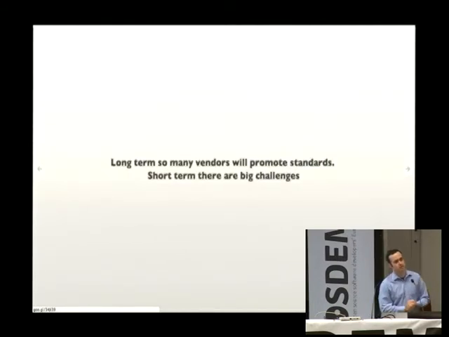I think having so many different vendors will help the standard process in the long term, because there won't be as much central control over what becomes the de facto standard. We've suffered a lot, or there's been sort of brakes put on the process, just because Apple has had such a wide percentage of the distribution, and so what they do has become the least common denominator. But if enough other platforms are in the space, I think over time it'll promote the standards. But in the meantime, there's lots of challenges.